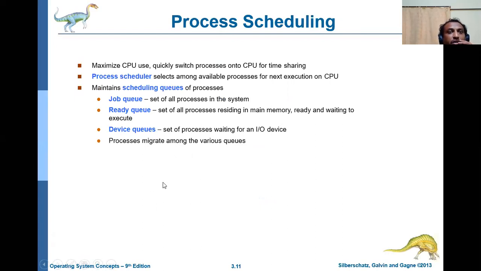Now here we have seen what is process control block, and we have seen what is a process. In simple terms, a process is nothing but the work which is done by CPU.